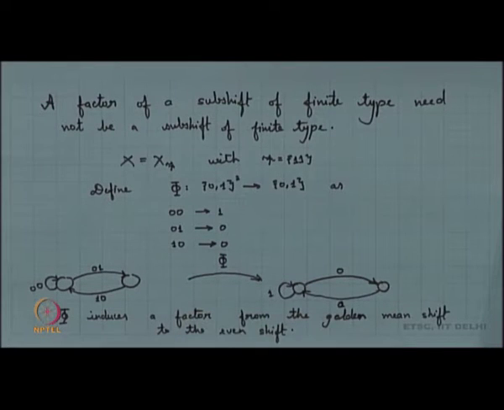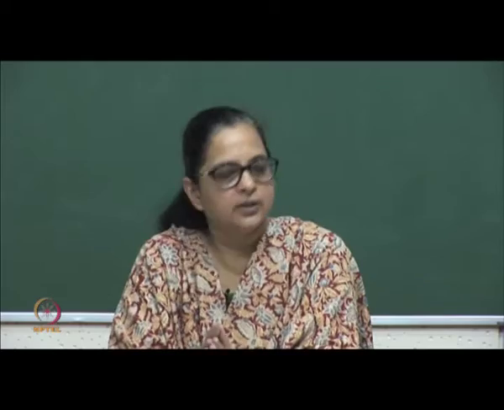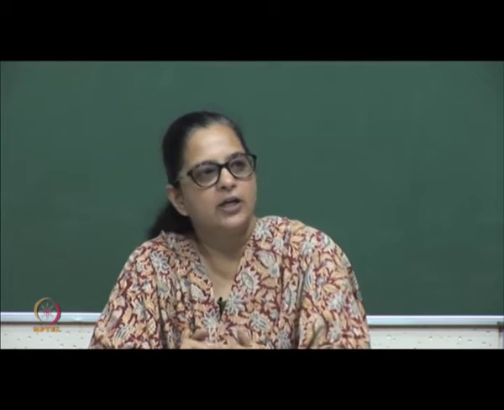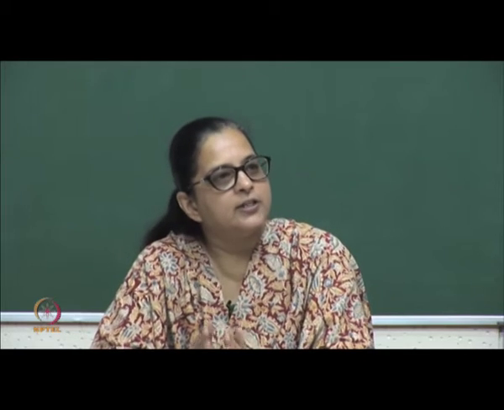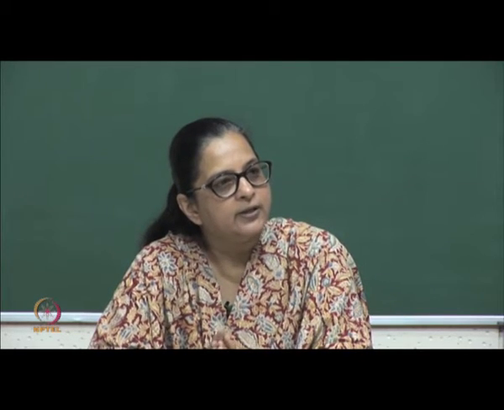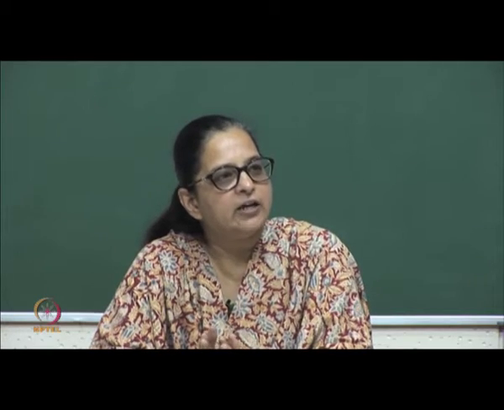Now, think of this factor. So, you have such a nice construction, such a nice computational characterization of some kind of a dynamical system which is a subshift of finite type, but this subshift of finite type is not closed under taking factors. So, the natural question that comes up is, can we have a smallest set of all shift spaces which also contain the subshift of finite type, but they are closed under taking factors.